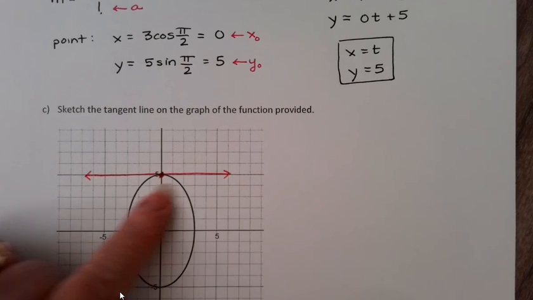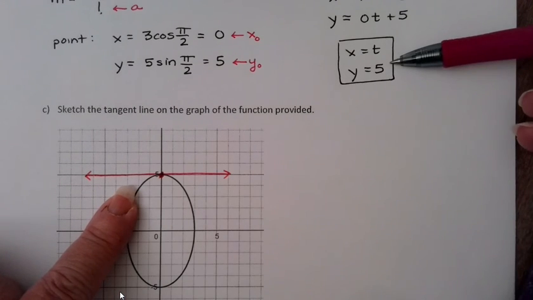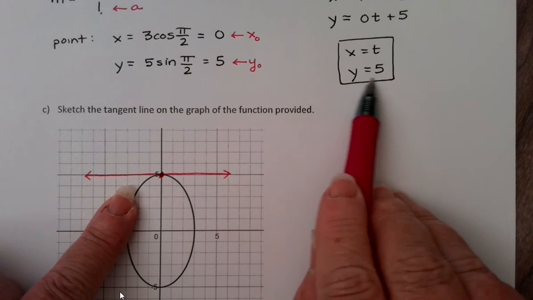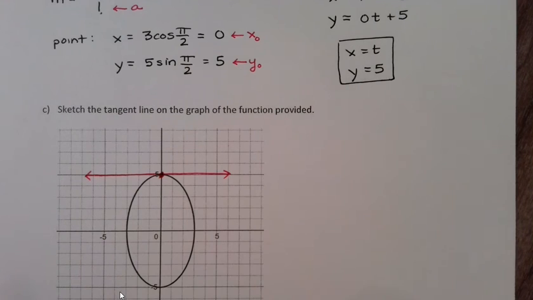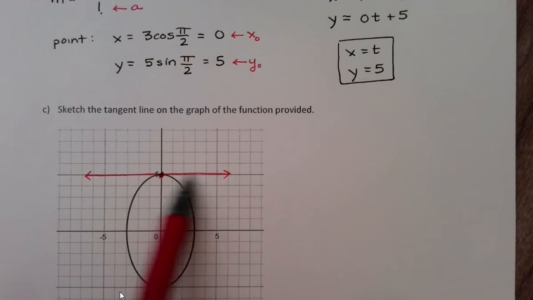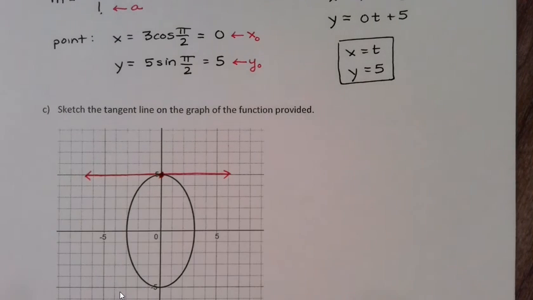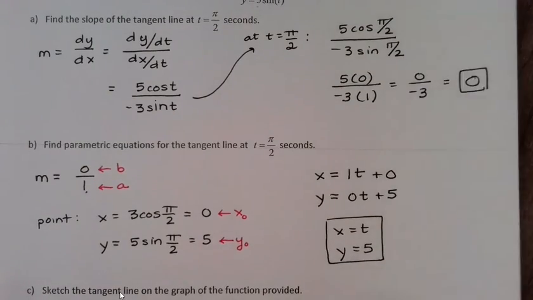Notice that with that horizontal line, the parametric equations effectively say y has to stay 5 all the time, and x can be anything, any t value. So that gives you the whole line. So, derivatives can be done for parametric functions, and furthermore, they can be used to find slopes and equations of